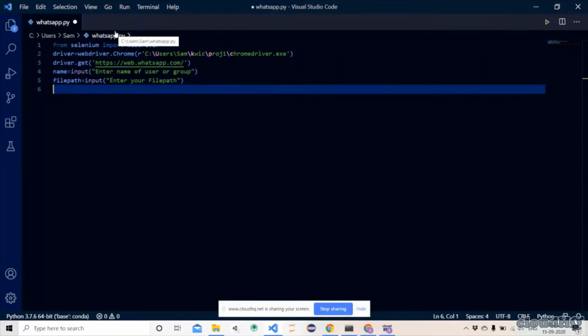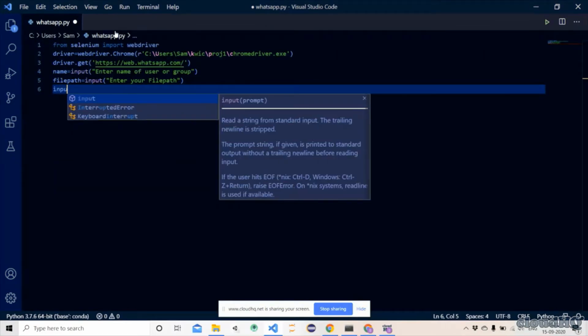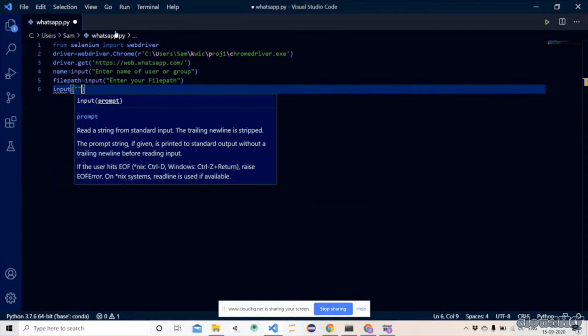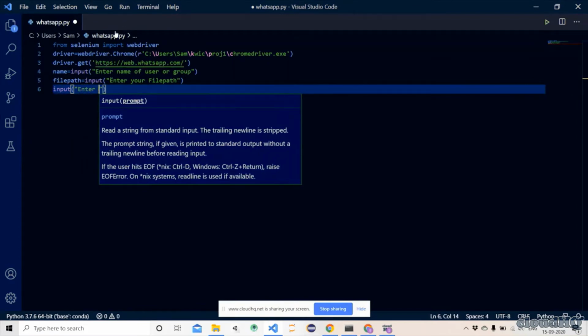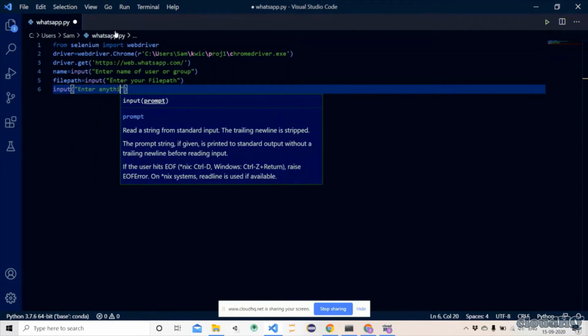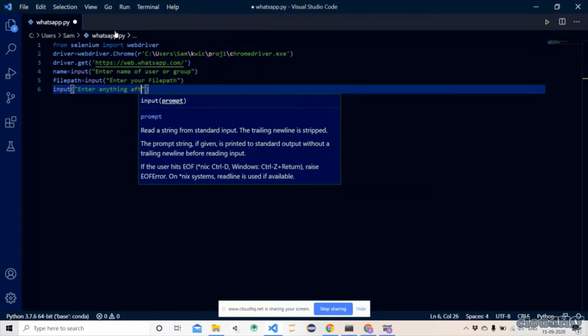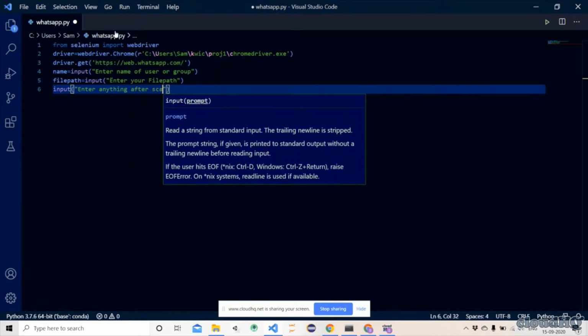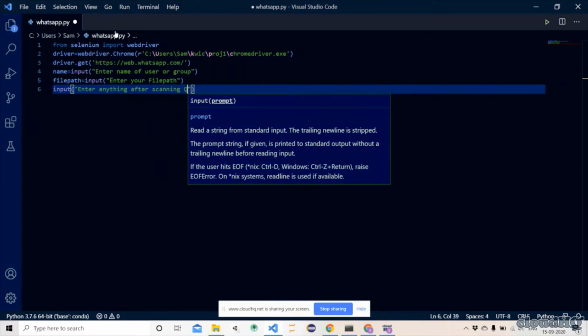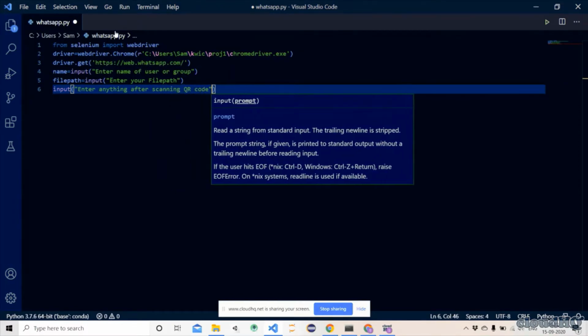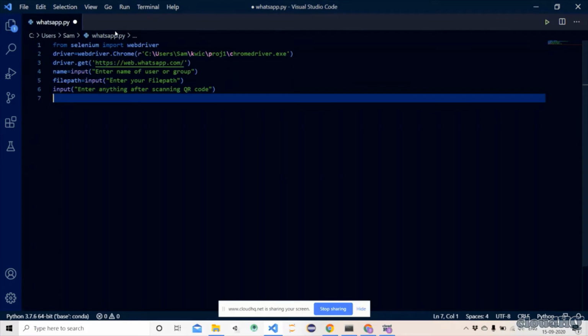So we would get input from the user to enter anything after scanning the QR code. Okay, so now our WhatsApp Web is open.